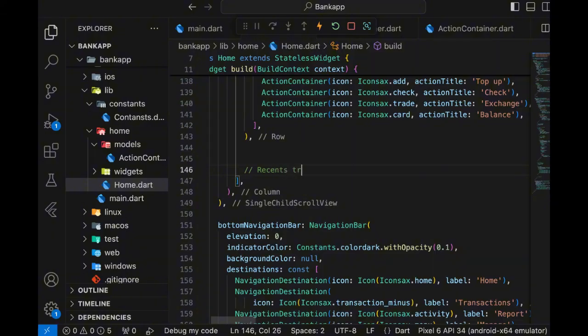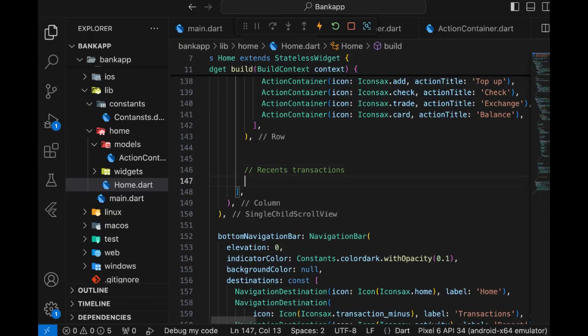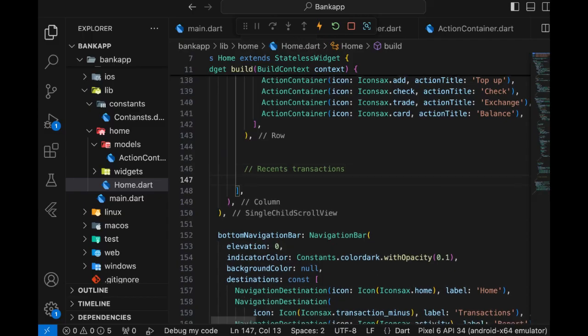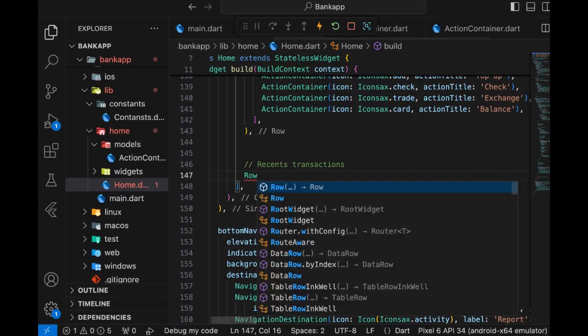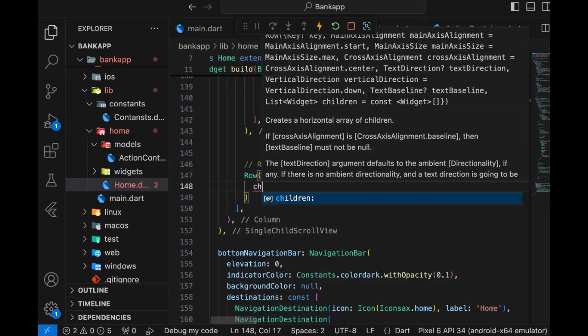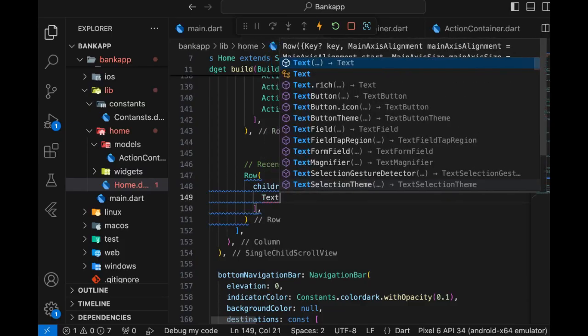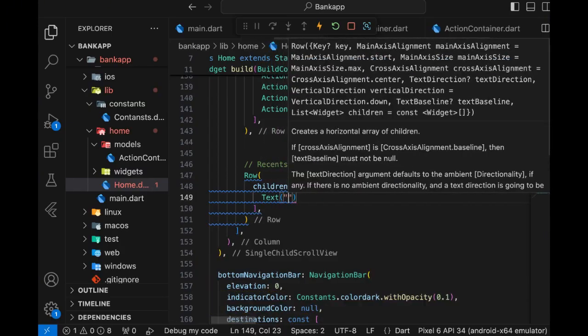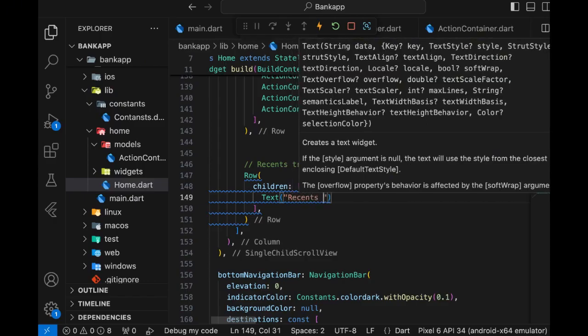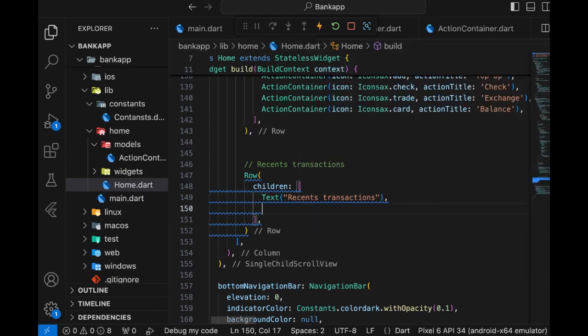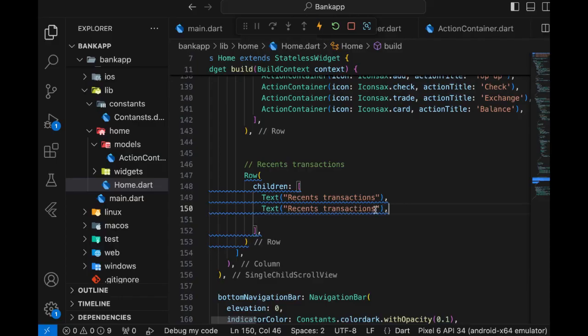For the recent transactions, let's create this text, duplicate it for the second text,